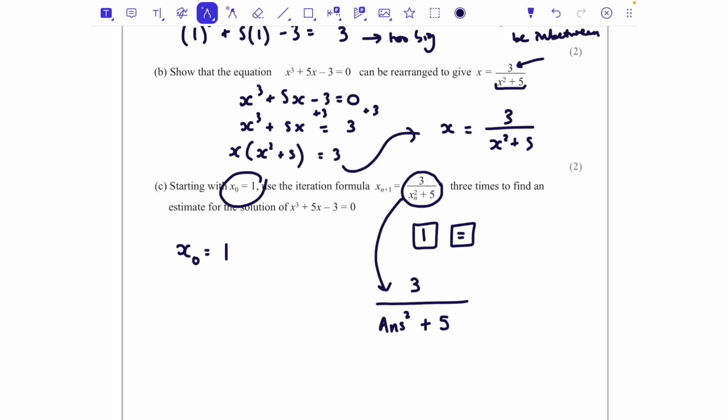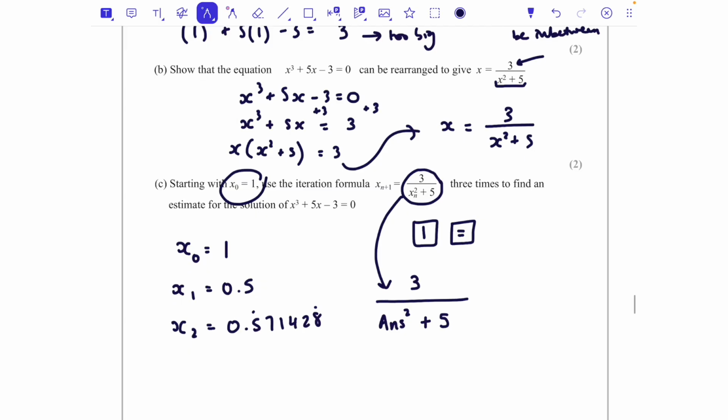And now I'm going to type 3 over answer squared add 5. And that gives me the next value, so x1 is 0.5. And then all I need to do is hit equals again, and it'll use the 0.5 now as my next value, and it'll give me the next one. So x2 is 0.571428, and I'm going to hit equals a third time, so x3 is